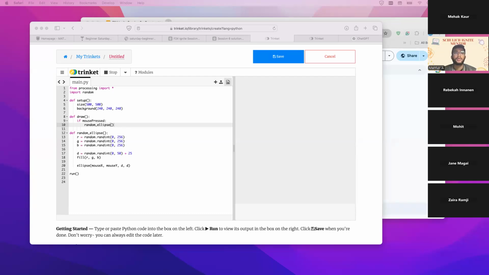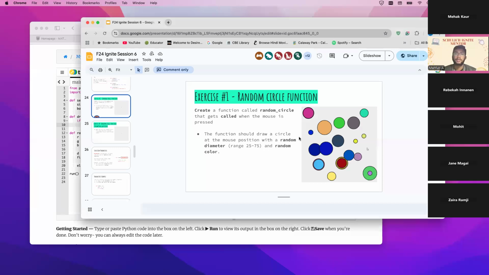Okay. Let's move on then. My code looks okay. That's good. Yeah, there's a lot of different ways to code for sure. Let's move on and start talking about